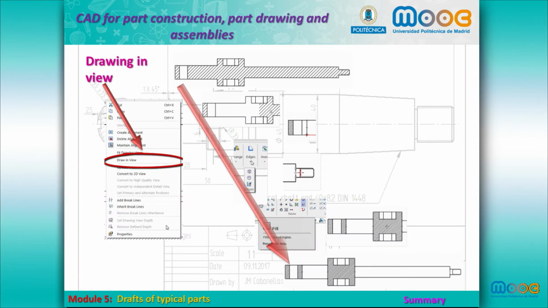The automatically generated views in Solid Edge sometimes have to be modified. We did so by drawing in view. We erased the incorrect hatch pattern of the automatic view, drew the lines, and made the new fill patterns that correspond with the correct representation.